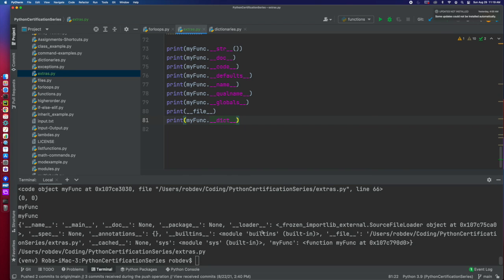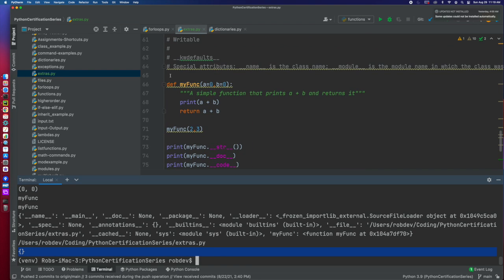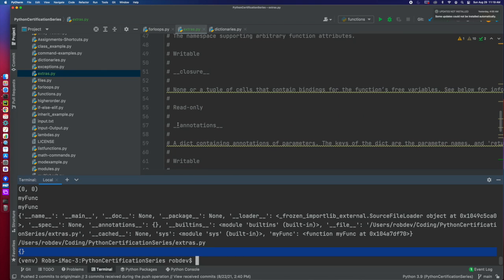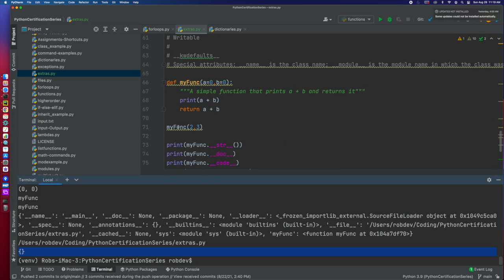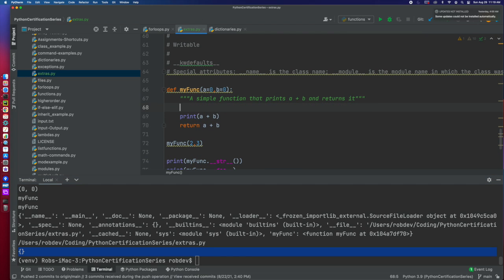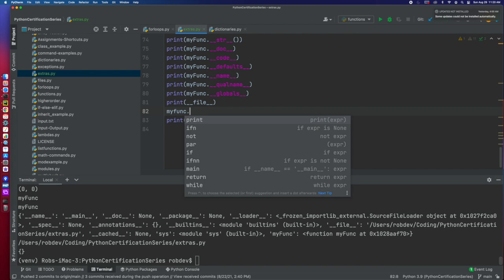So if we do the dictionary, let's take a look at that guy. So see here, it doesn't have anything. There's really not anything notable of it. But it's basically for if I had an additional attribute within the function. If I did, let's try name equals this function, I think then we will see that it'll show up. Oh, no, it didn't, because it's an attribute of the function that we could add to. We haven't. So it would be more like myfunc dot